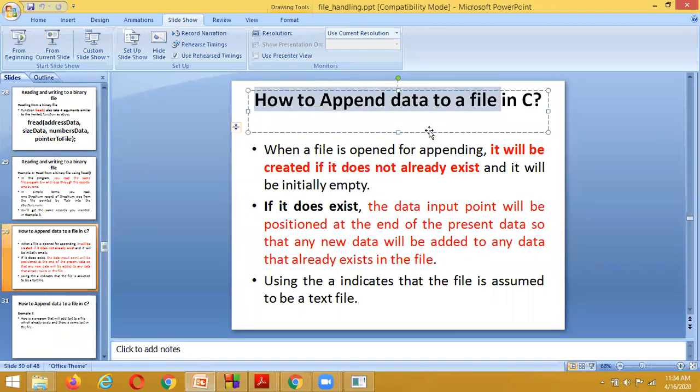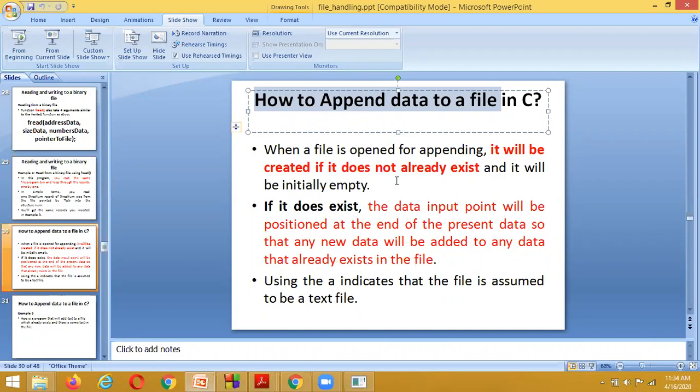From the exam point of view, people are going to ask what is the difference between append mode and write mode. Append mode is not going to erase the previously existing data. It is going to add the information at the end of the file, whereas write mode is going to overwrite the information.